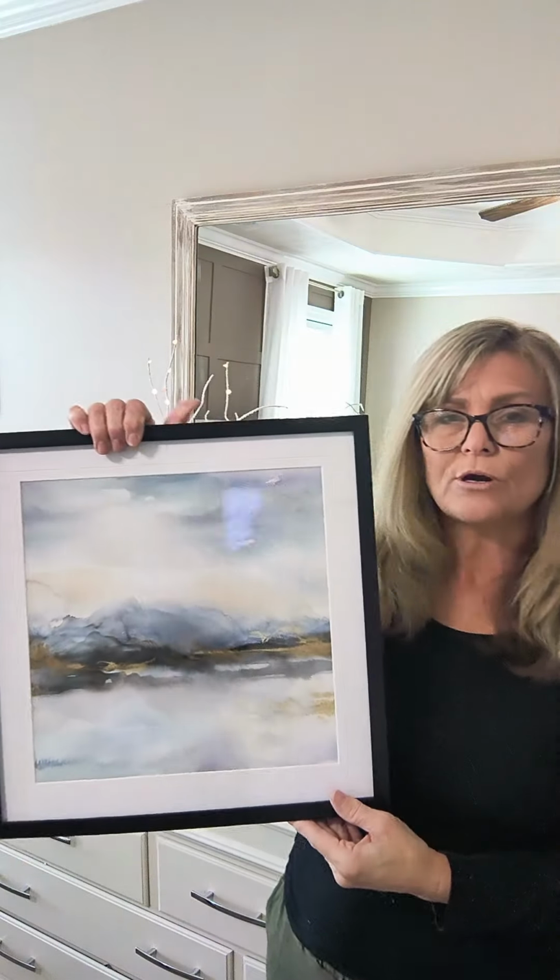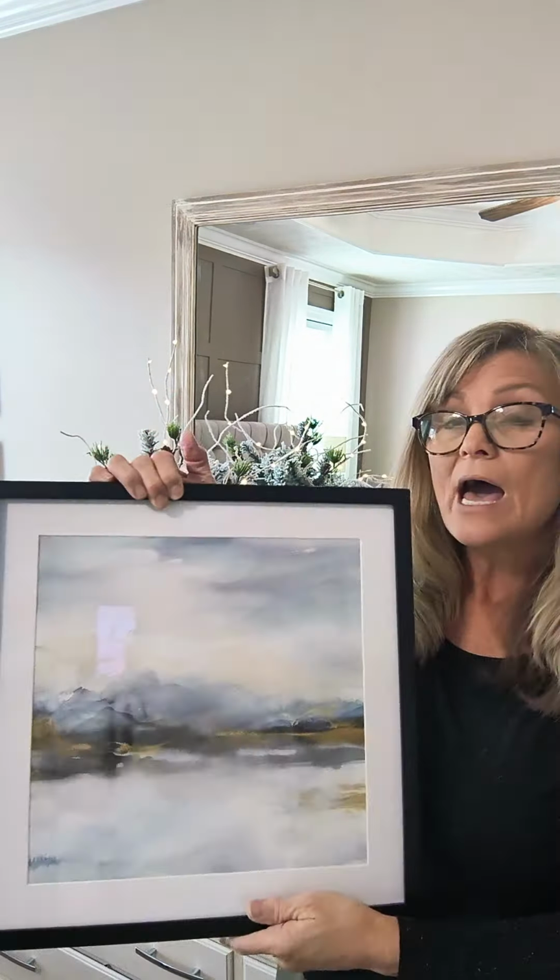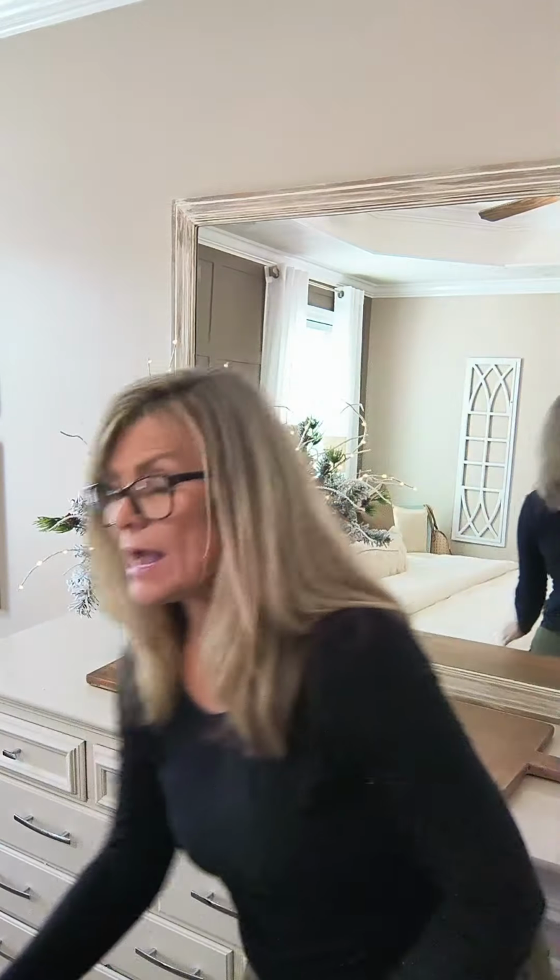Now that we have the arrangement complete, we're going to move on to the frame. So Jessica's frame was a winter type scenery, and it just went so perfectly with her arrangement. I don't have the exact frame like she does, but I do have a scenery. It's more of just a bunch of colors. It does kind of look like a lake, but it could look like it's snowing and just a scenery. I could use this, or I could use a